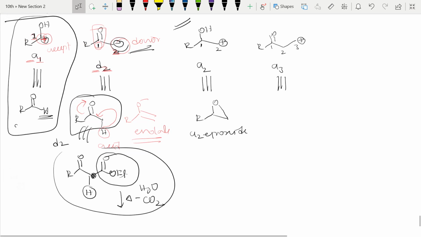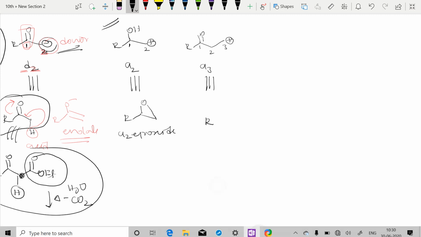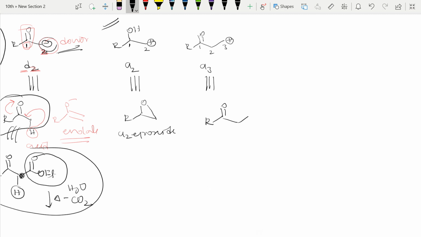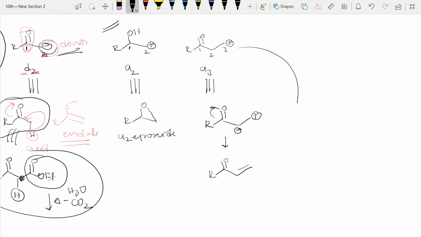So it is A1 aldehyde, right? Here, see, the third position has a positive charge, and I have told you how to remember this. So let me write that. The third position has a positive charge. This proton will be acidic as it is in conjugation with this electron withdrawing group. If I remove this H, a negative charge comes on this carbon. Negative and positive will form a bond and we will get this compound, right? So for A3 this is the equivalent reagent. I hope you got it.